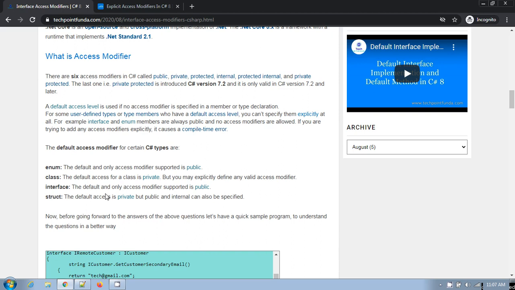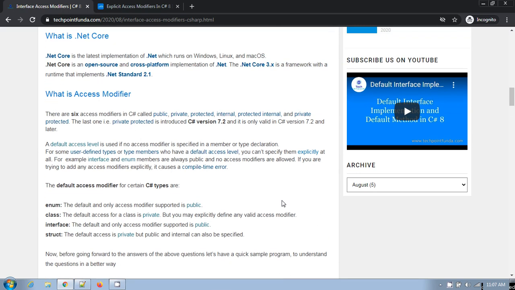For interface, the default and only access modifier supported is public. This is in the traditional old version of C Sharp interface, but this is not true in the context of C Sharp 8, which is supported in .NET Core 3.x, right? 3.x means 3.0 or 3.1. So for structure, the default access is private, but public or internal can also be specified.